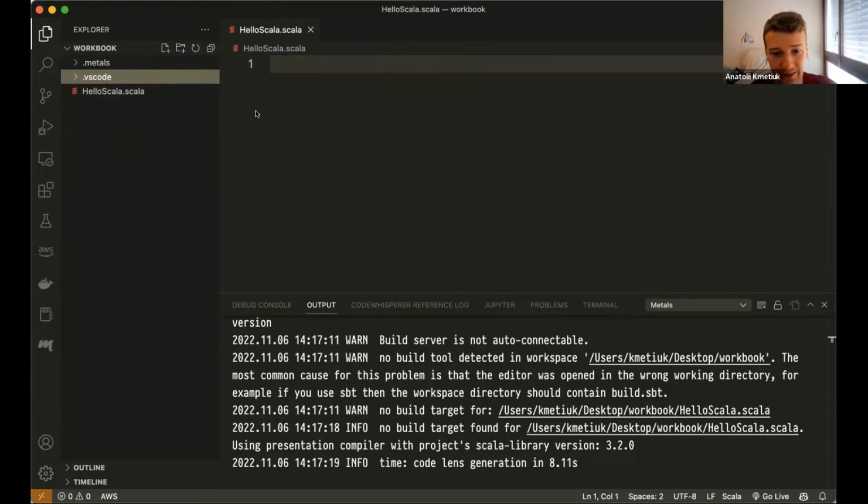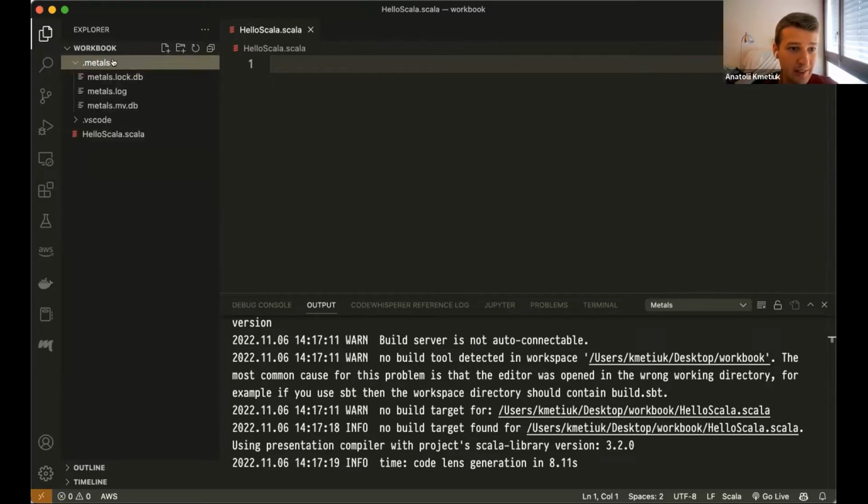So, for instance, every time you start your code editor and want to work on your project, if that takes like 10 minutes to get started, you're going to hate such an experience and you're going to switch to another language, right? Because it's very slow. So to avoid such situations, Metals does the code analysis only once, and it remembers what it understood under the Metals directory. So .metals is the